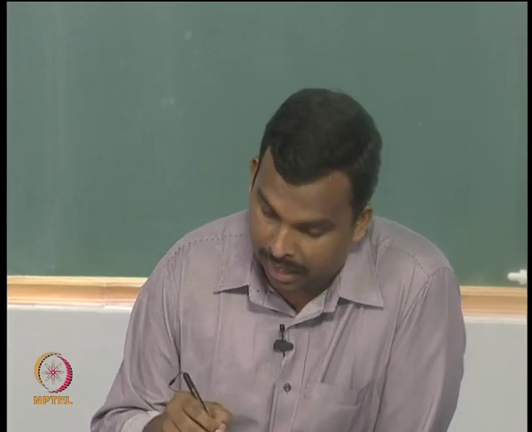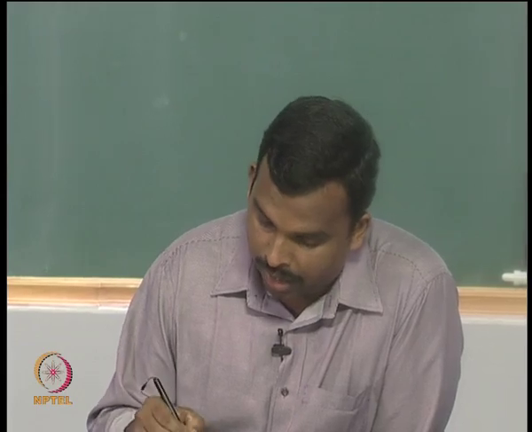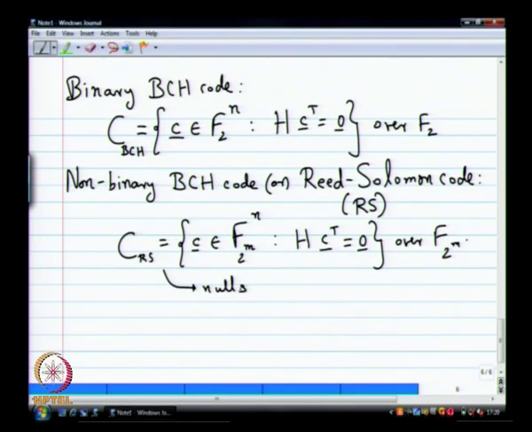See, this is basically the null space of H, right? Am I right? Is this the null space of H? If this is also the null space, I do not need two different definitions, right? Both of them would be the same. This is not the null space. What is this? This is the null space of H. What should I do to the null space of H to get this? I should intersect it with something. What should I intersect it with? With F2^n. So that is an artificial intersection that I am introducing,